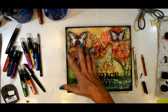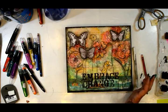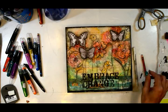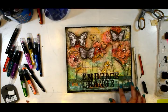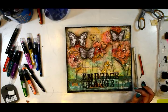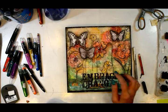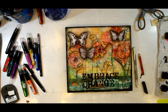And then once I got all of that done, I really wanted the butterflies to stand out a little bit more. So I went to my charcoal pencil, which is a favorite. These are all vintage wallpapers down here. So all of this stuff is available in collage packs in the shop. These butterflies, which I showed you at the beginning,